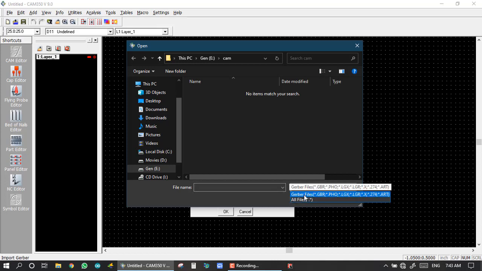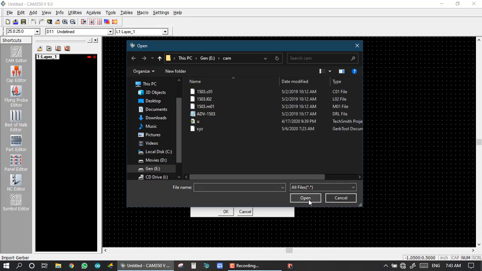Here the Gerber file is in GBR, PHO, LGX, LGR, X274 and ART. If our Gerber is in one of these formats then we see our Gerber here, but our Gerber is not in any of these formats. So first we click on All Files. After All Files we see our Gerber.